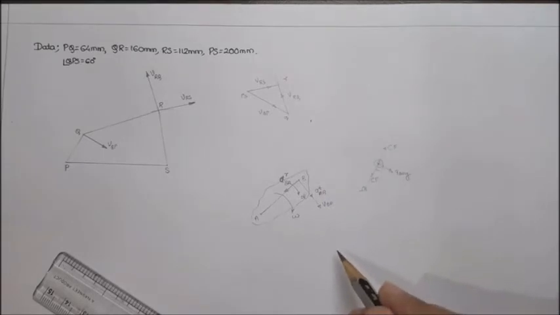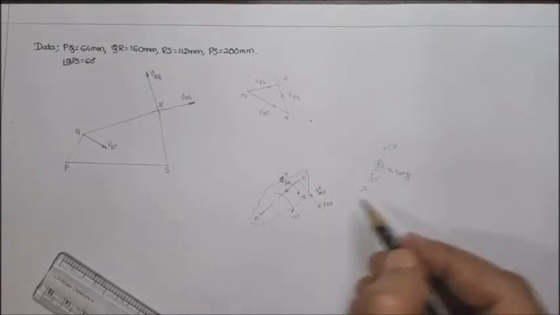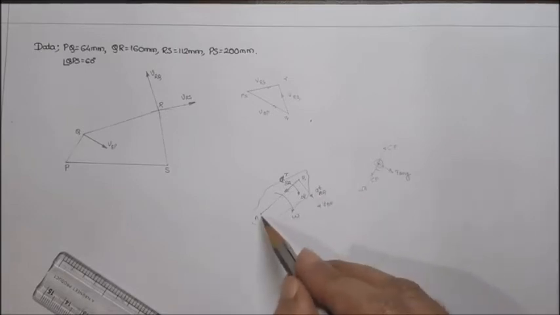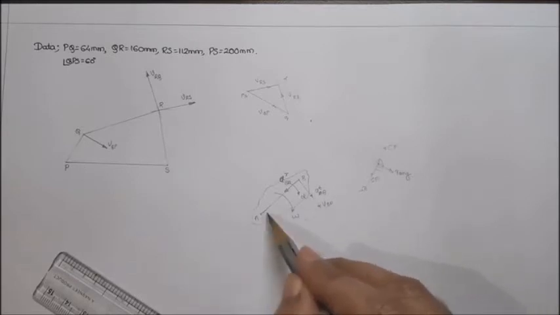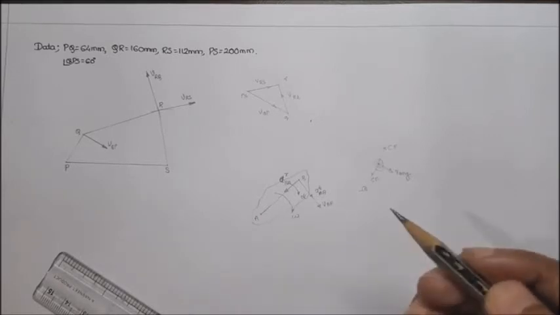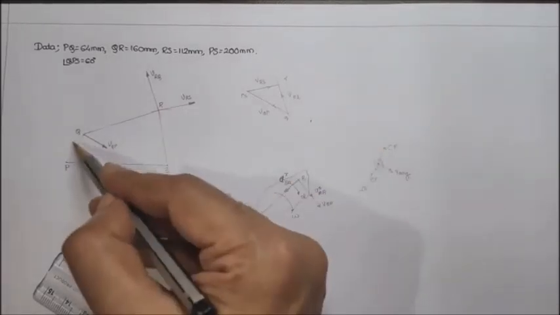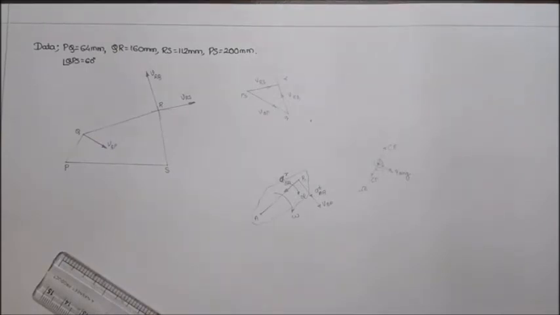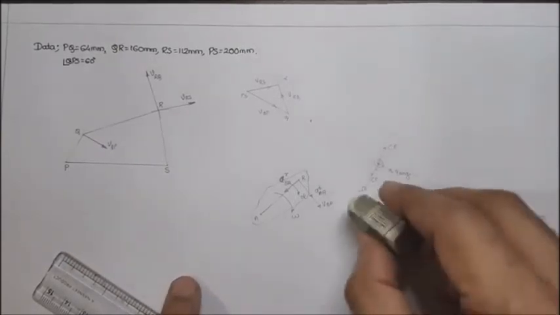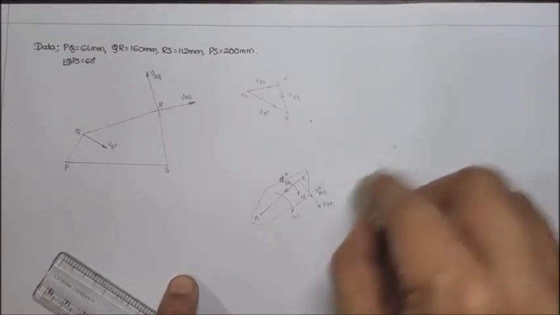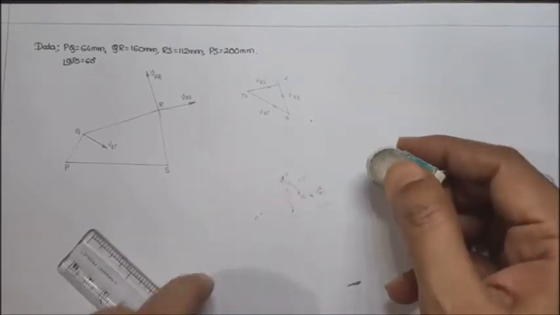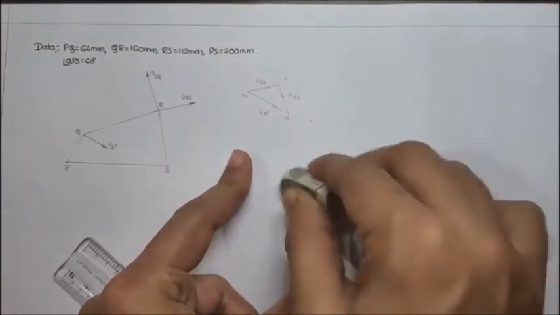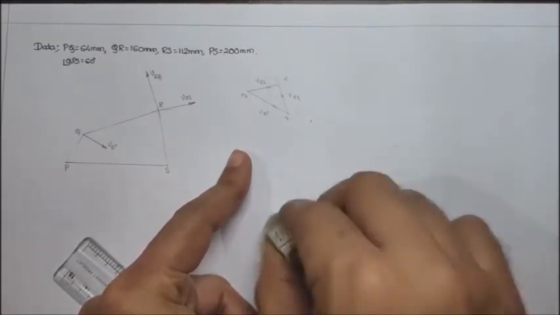So when we are supposed to draw the diagram, we will be taking the radial component as well as the tangential component. When we close the polygon, or when we close this triangle, the resultant side will be the total acceleration. The same thing has to be implemented on this particular diagram. That is what the acceleration diagram is. This is just a small idea which has to be known by a student, so that he will not get confused. Very easy, very simple, and it can be done within a limited period of time.